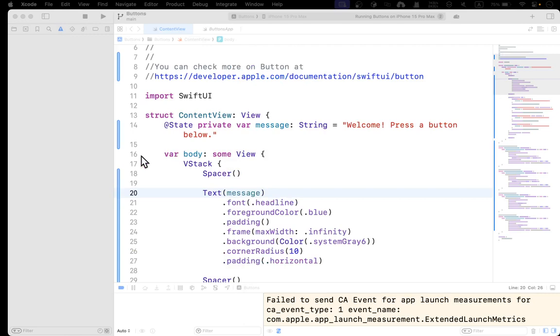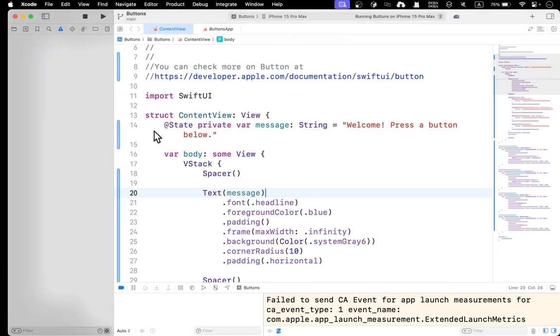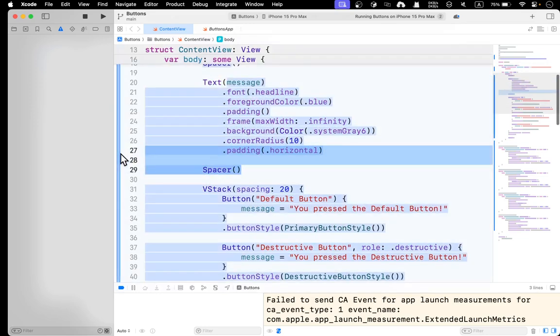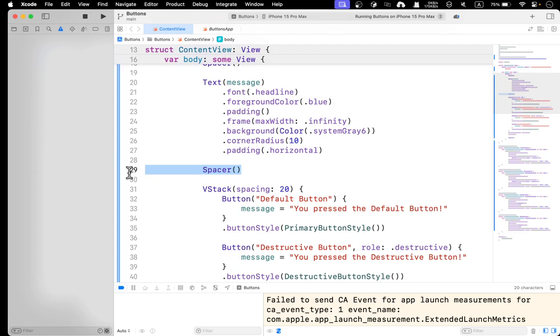This is just some beautifying things, so I'm not going to type that from scratch. Basically, I just add a state and message so it can save the data, and we can show that in your text. Okay, and add a spacer. You can ignore the spacer, it doesn't really matter, and put all the buttons inside a VStack